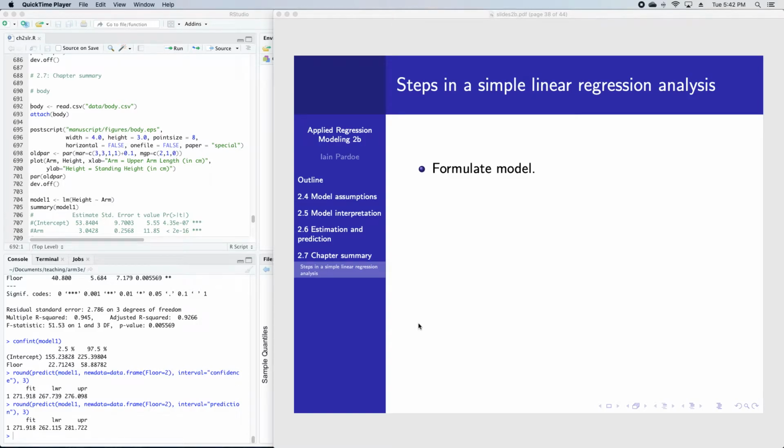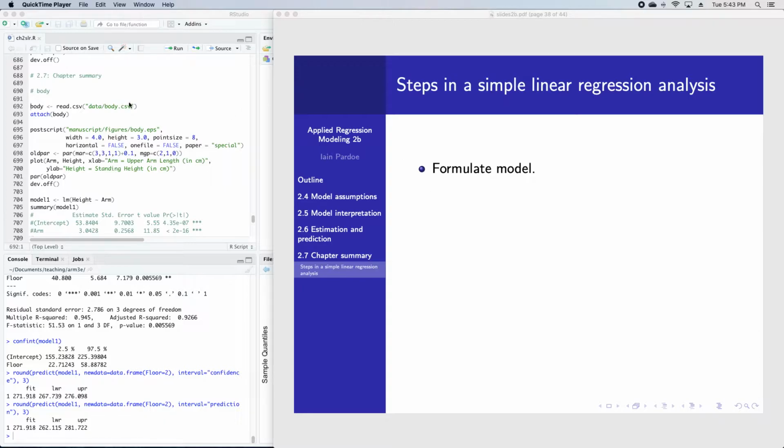In this video, I'm going to run through the complete analysis of a simple linear regression model for an example that is going to relate two different body measurements. So, if we just run through the steps in a simple linear regression analysis, the first step is to formulate the model. So in this case, I'm going to